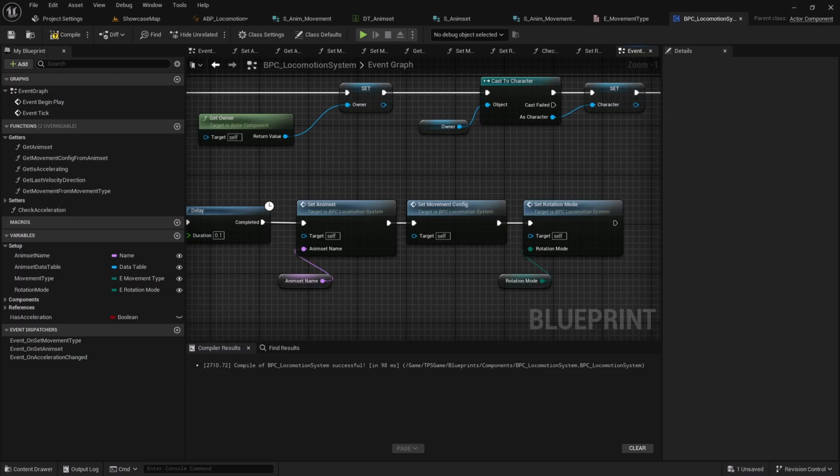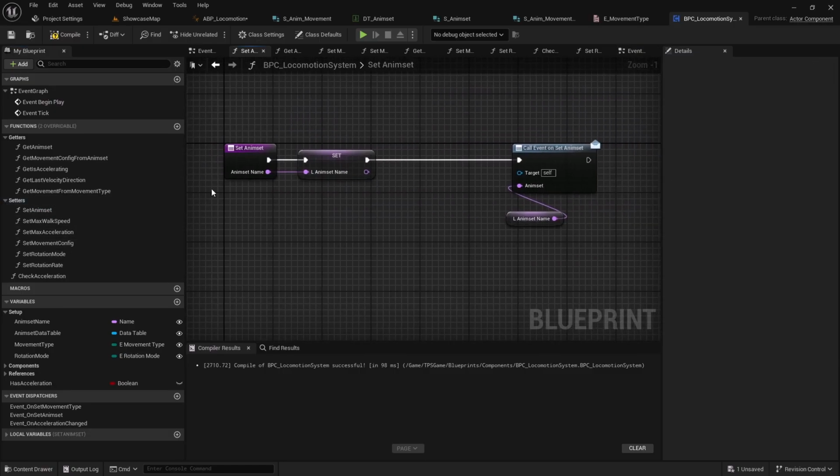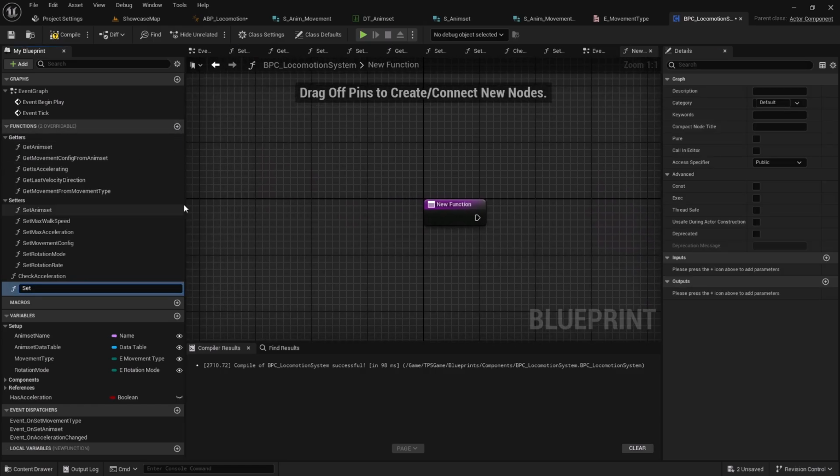But first let me quickly look at my documentation. Yeah, like we did there, maybe we can create a new function. Let's say set movement type,